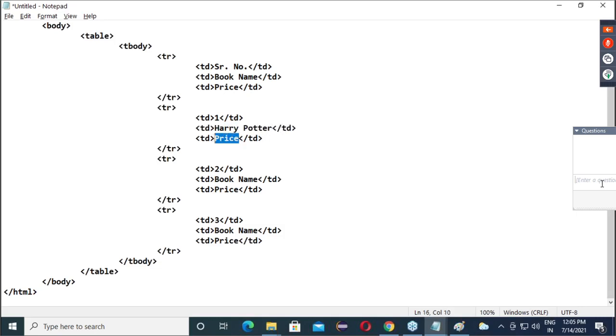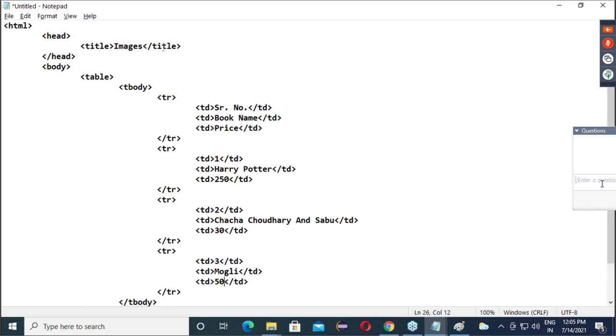Price 250. And price 30, and third is Mowgli. Price is 50. So guys, finally your table data is inserted.